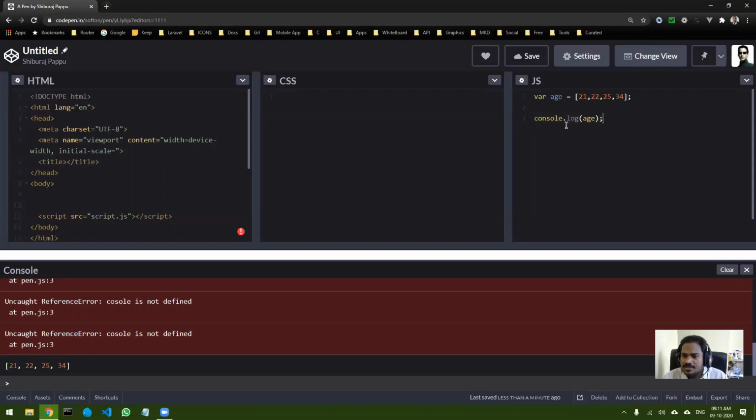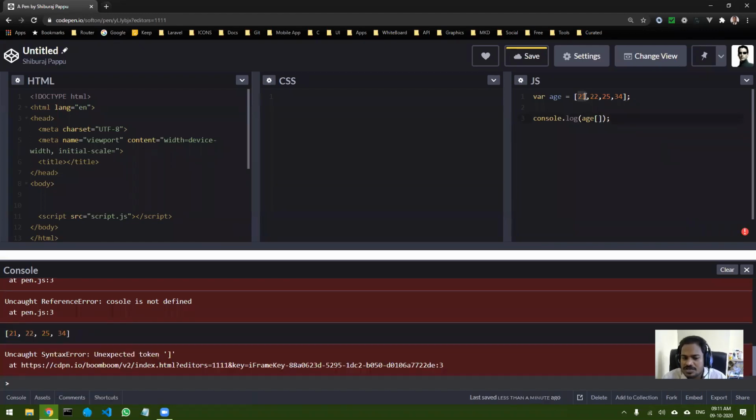Now I have seen the variable data, but let's suppose I want to access one particular location. If I want to access that, I can simply use a square bracket and the index. If you know C programming, you know how arrays work, right? There are indexes, and the index starts from 0.